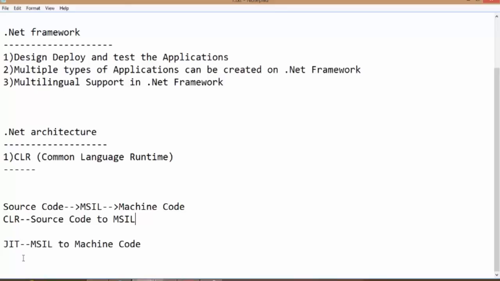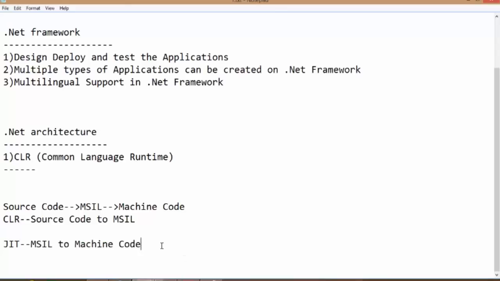If it converted all the 10 functions in advance, it could be a performance issue regarding memory. So that's why just-in-time means that whenever the time comes, only the particular functions that are needed get converted into machine code, right? So JIT is basically handling the task from MSIL to machine code, but who calls the JIT compiler? CLR is responsible for calling the JIT compiler so that the MSIL can be converted into machine code.